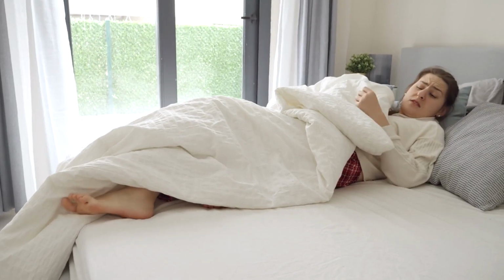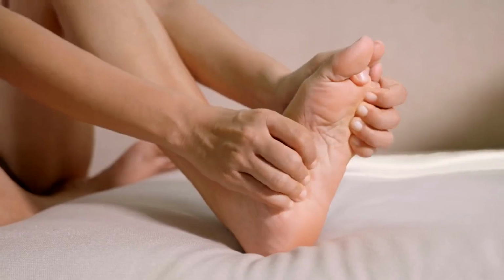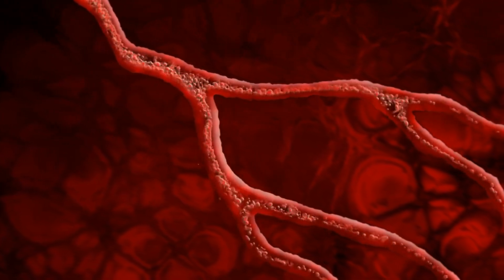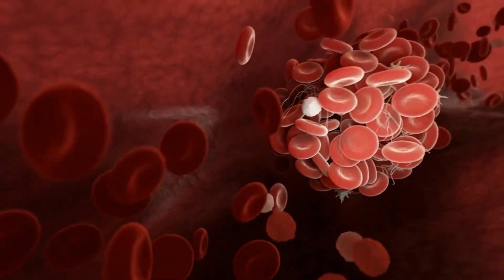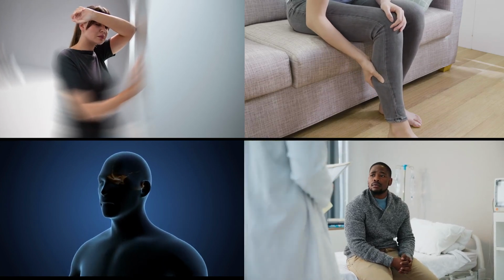Are your hands and feet often cold, or do you experience unexplained cramps? These could be the signs of poor blood circulation. Blood circulation is essential for your body as it delivers oxygen and nutrients to your organs and tissues. However, when the blood flow is restricted, it can lead to issues like dizziness, muscle cramps, decreased cognitive function, and